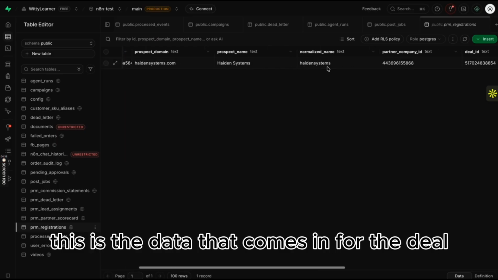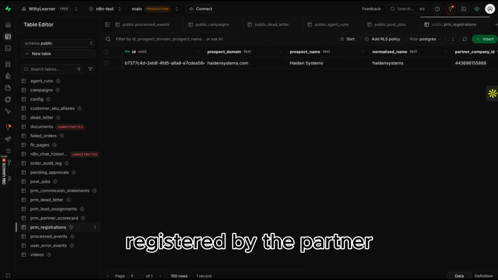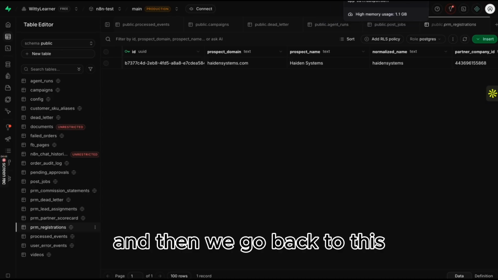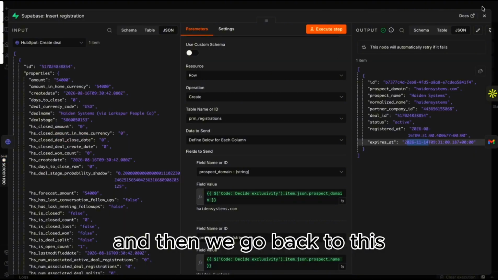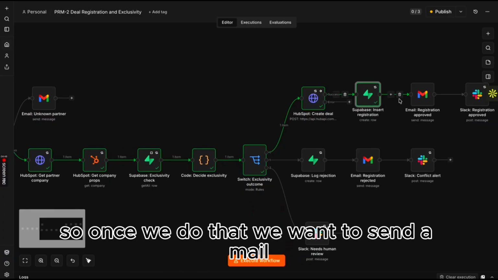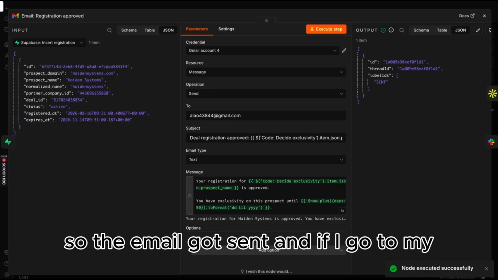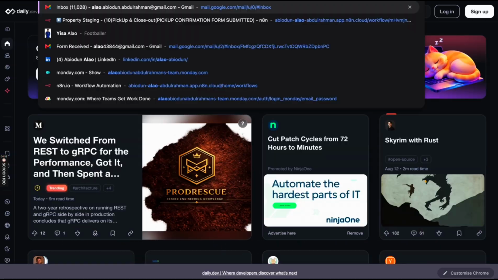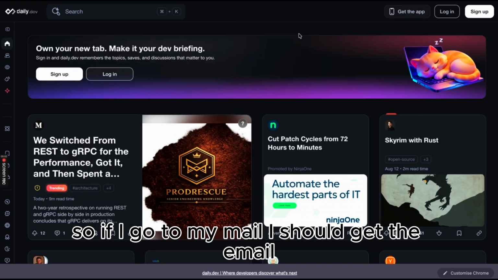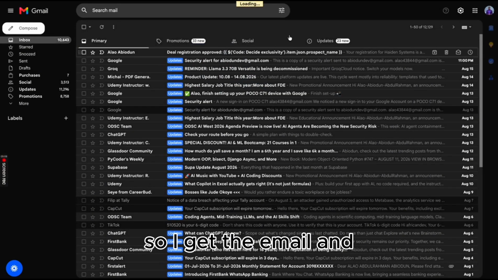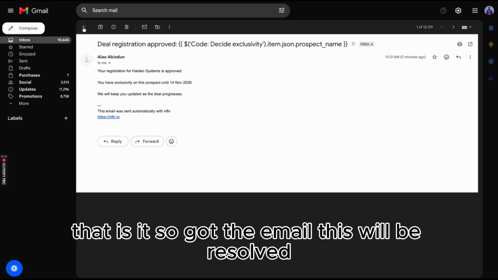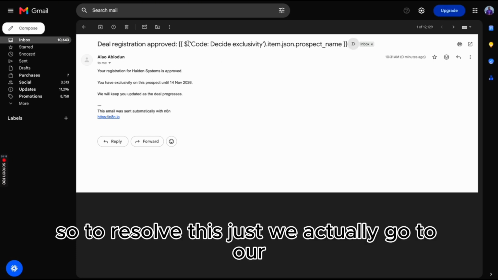So this is the data that comes in for the deal registered by the partner, and then we go back to this. So once we do that, we want to send a mail, so we send a mail. So the email got sent, and if I go to my mail, I should get the email. So I got the email, and that is it. So we got the email. This will be resolved. So to resolve this,